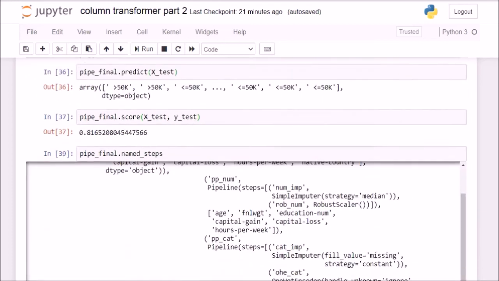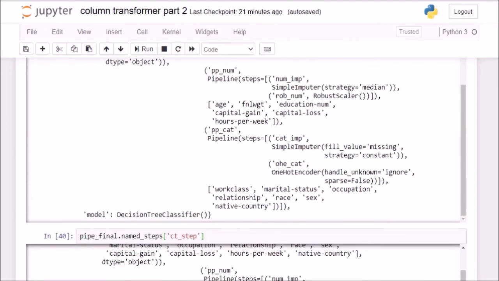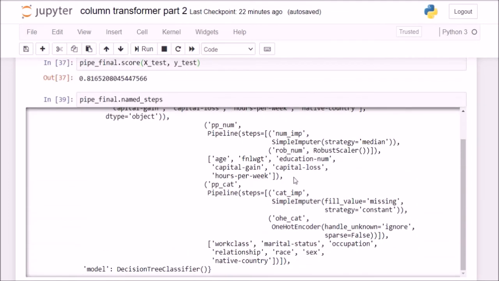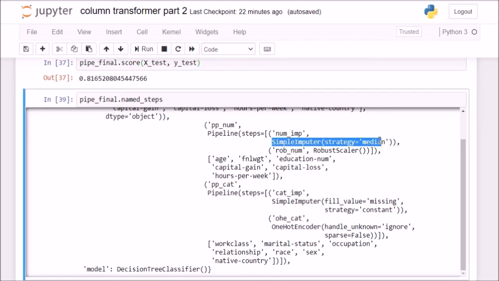Now just for your understanding, try to check out what the median values were when we imputed the simple imputer on those numerical columns. Just try to navigate into the column transformer and pipelines and see for yourself if you are able to reach this step. And if you are not able to, just let me know in the comment section below.